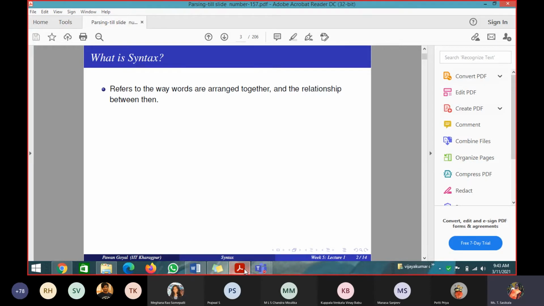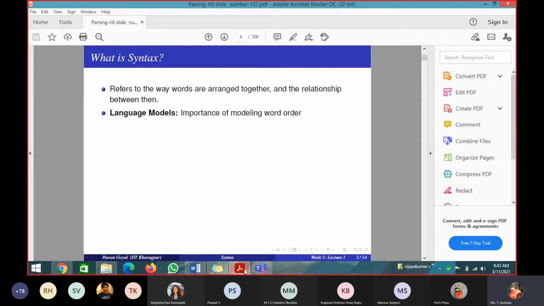So we have a word, and we know its POS tag. Based on that, syntax refers to the way we arrange the words together so that we have a proper relationship and make a proper sentence. We also see that the relationship between the words and the word groups should be proper. Then only will our sentence be a proper, complete sentence. Okay, in language modeling, what have we learned? Can anyone tell me about language modeling?